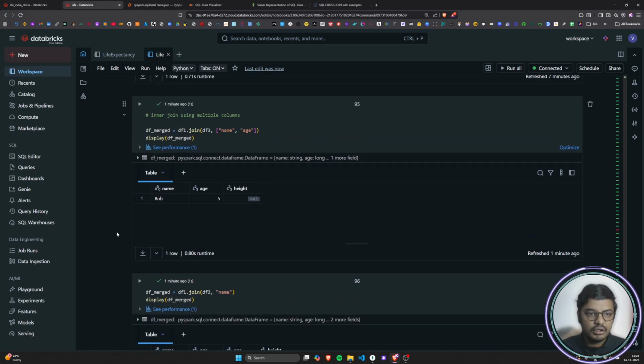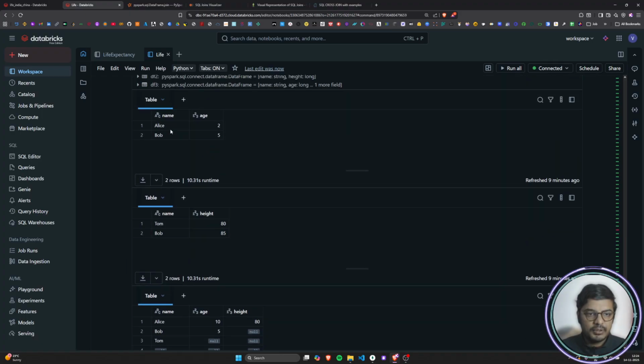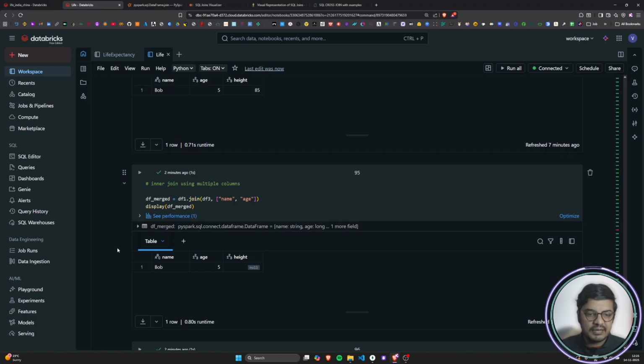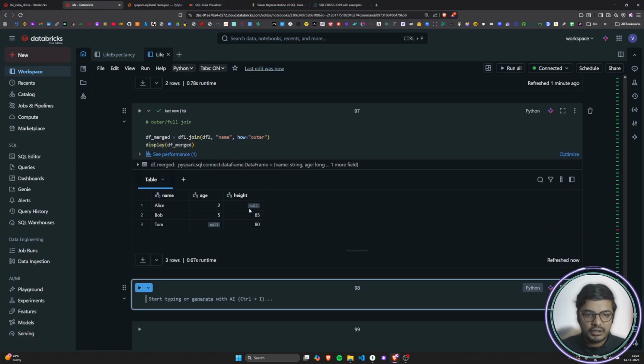So if I go here, Tom is not in df1, so we don't have any information of Tom's age. For that reason we are getting null, whereas Alice is not in df2, so we don't have any information of Alice's height. For that reason Alice's height will be shown as null in the output of this particular